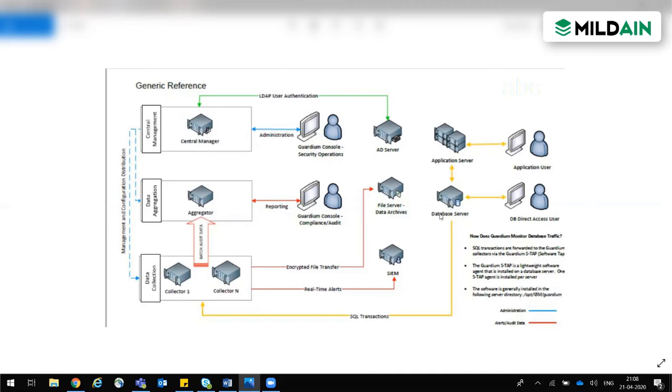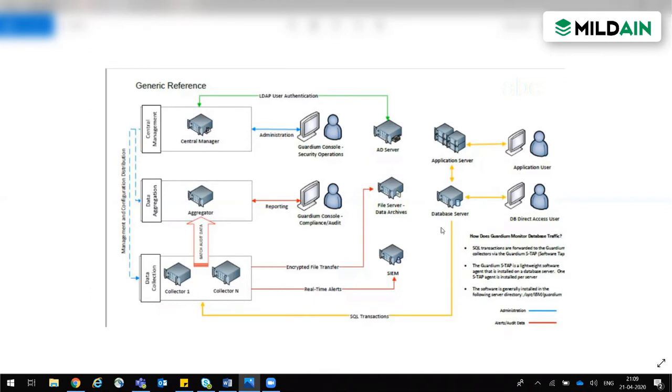But if we have the GIM agent, we can perform all those functions directly from the CM or from the collector instead of connecting with the DBA or the platform team every time. That's the working of GIM. It bridges the database servers and the Guardian environment. We can install the agents directly with the help of GIM, we can update those agents, we can gather the logs, we can restart. There are a lot of features we can use directly instead of asking the DBA or the platform team.